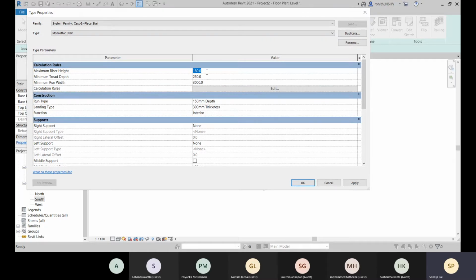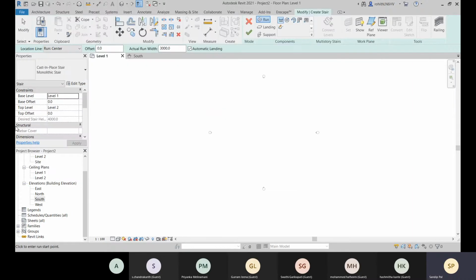So for that, 180 is fine. You won't go beyond this 180 height. And this run type is 150 depth, and that landing type is having 300 thickness. All right, and let's apply this and click on OK.